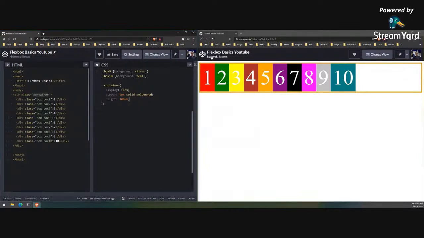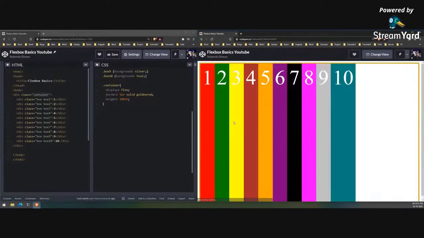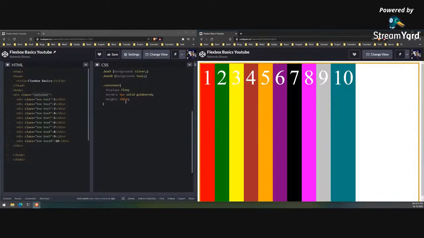So 100 vertical height, this all will stretch. 100 vertical height means the full screen. So this will all stretch the full screen. It is 100 VH. VH means vertical height. So now,